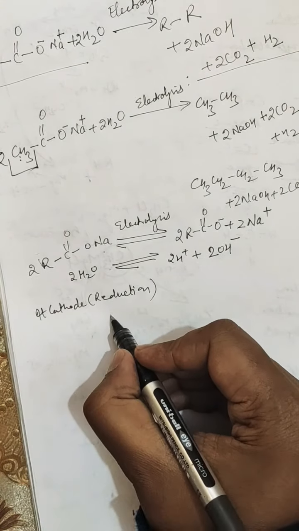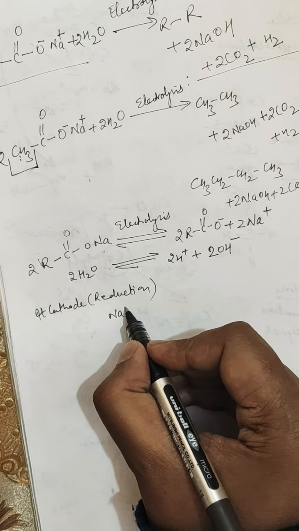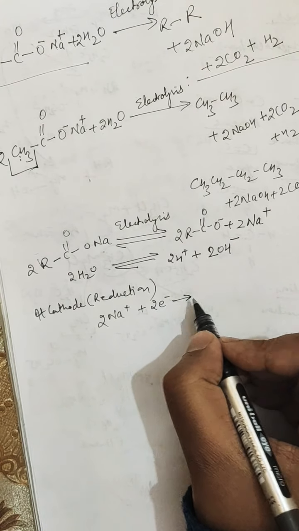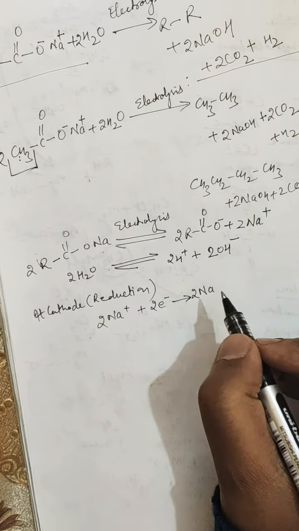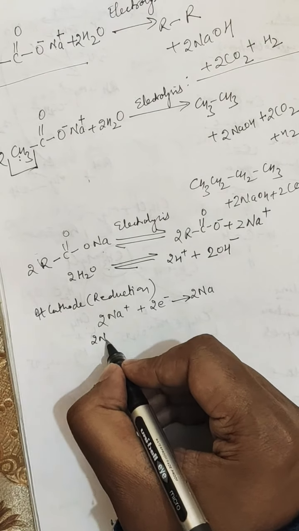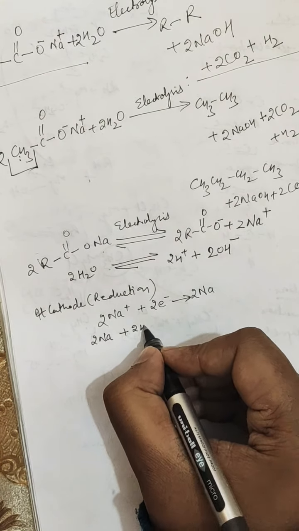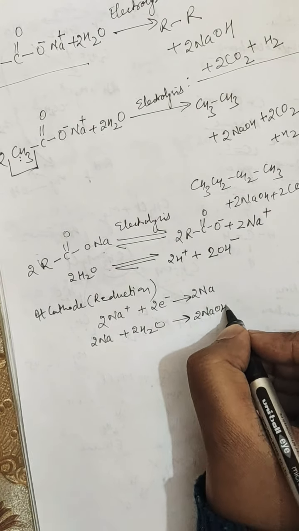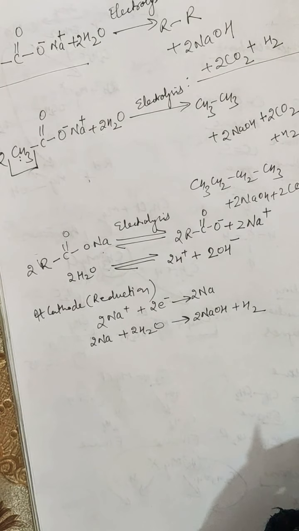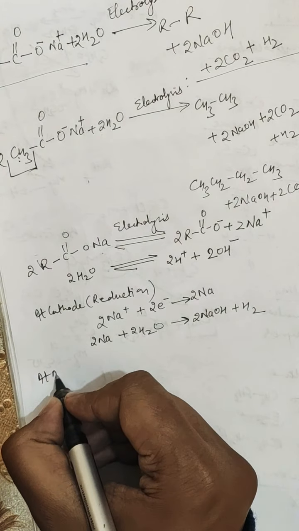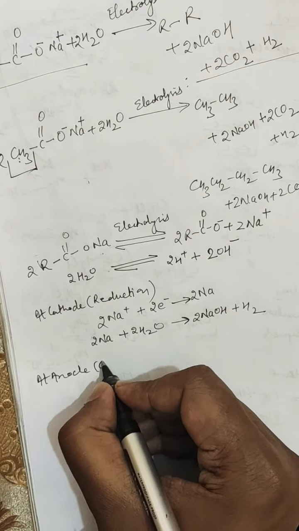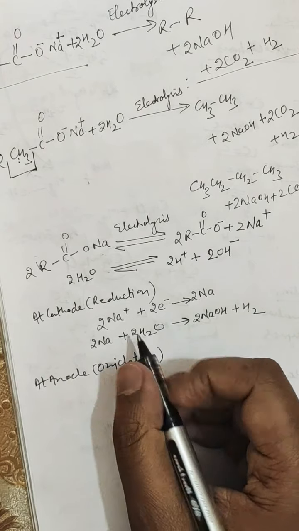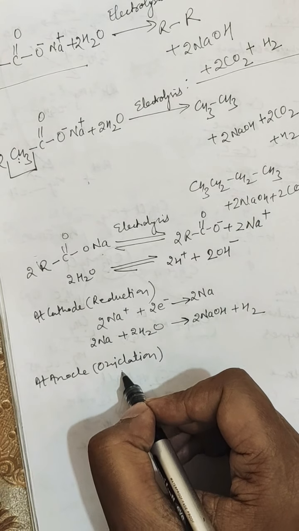So 2 sodium ions gain 2 electrons and get converted to sodium atoms, and these 2 sodium atoms react with the 2 molecules of water to form 2 sodium hydroxide plus hydrogen gas. What happens at the anode? At the anode there is always oxidation. Oxidation is the opposite of reduction. Oxidation means the loss of